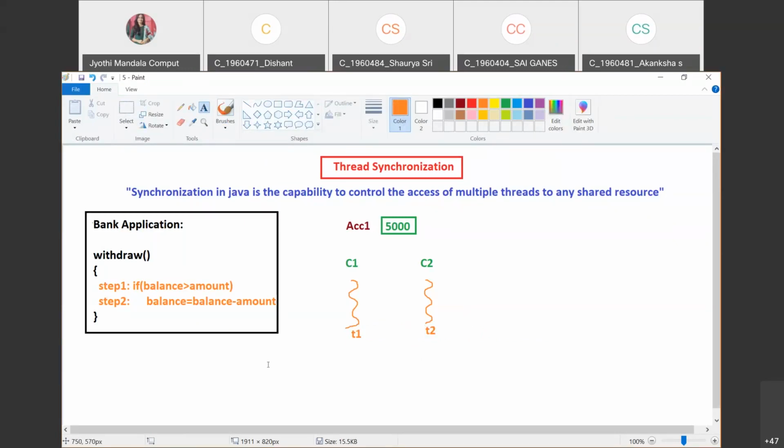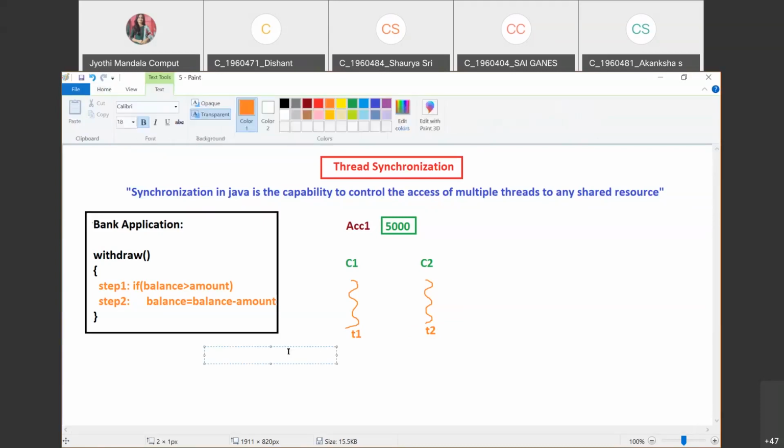To understand this, let us take one scenario, step by step, to see how the approach will be done. Are you following, all of you? Now let us consider we have two threads. T1 is one thread and you have another thread called T2. As we are following the multi-threading concept, sometimes the T1 thread will be executed, which belongs to customer C1, and sometimes the T2 thread will be given the chance.